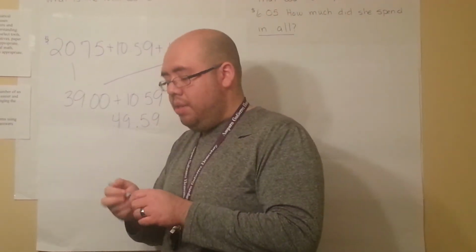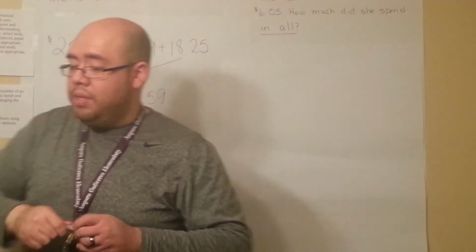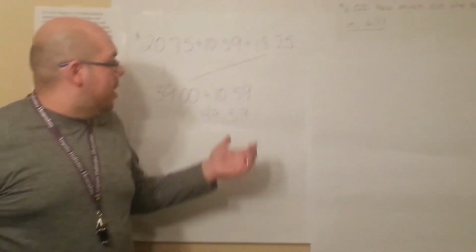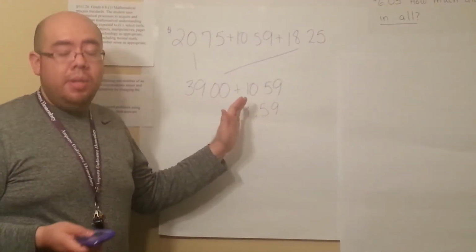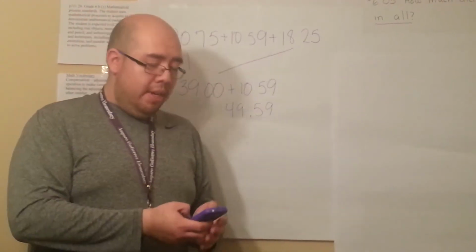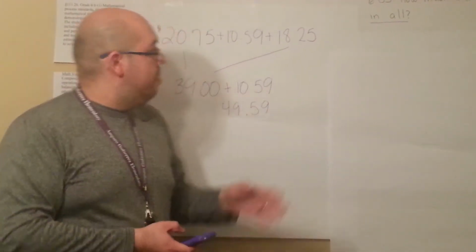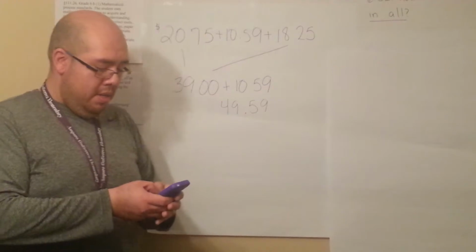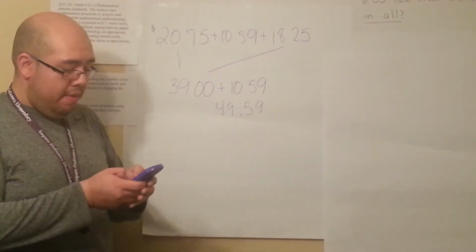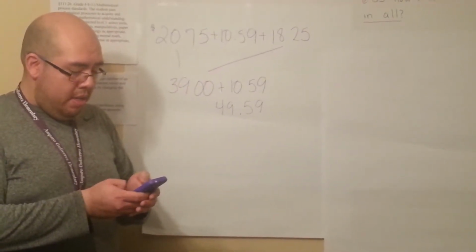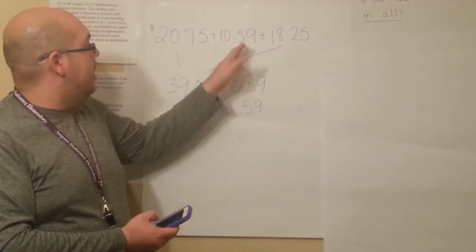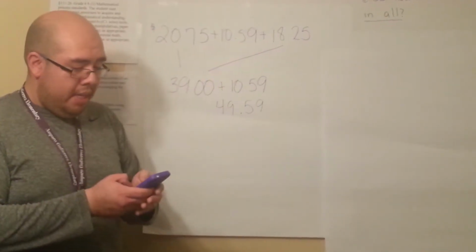Now, just to make sure that we did the calculations correct using only our heads, because that's the only thing we used, we didn't line it up to add it the way we usually do. Let's go ahead and take out your calculators, and let's go ahead and add them. Let's go ahead and put in our values. We have 20.75, and we're going to add. Make sure you push the adding button. Plus